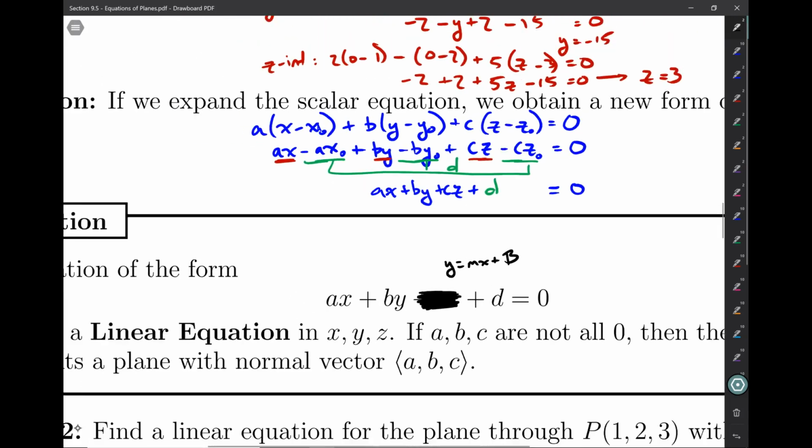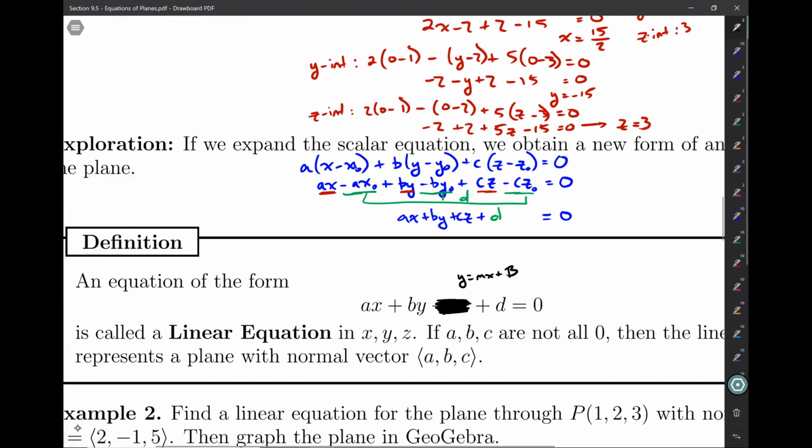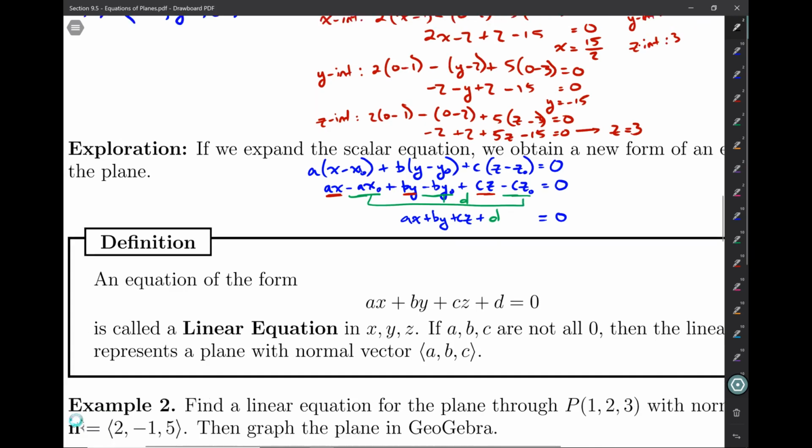So it actually turns out that this particular expression is going to represent a plane when A, B, and C are not all 0. If one of them is equal to 0, then it might represent a plane, but it's a little bit harder to see that because we wouldn't see a third variable. We would only see two variables. So it really depends on your perspective and how you are viewing this particular equation. Most of the time, though, you're going to have A, B, and C all being non-zero. So let's try